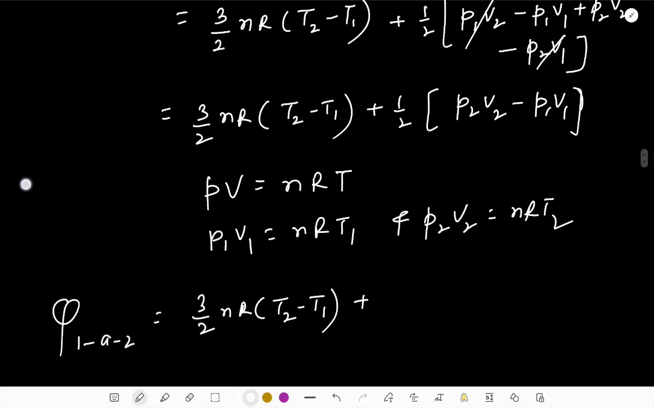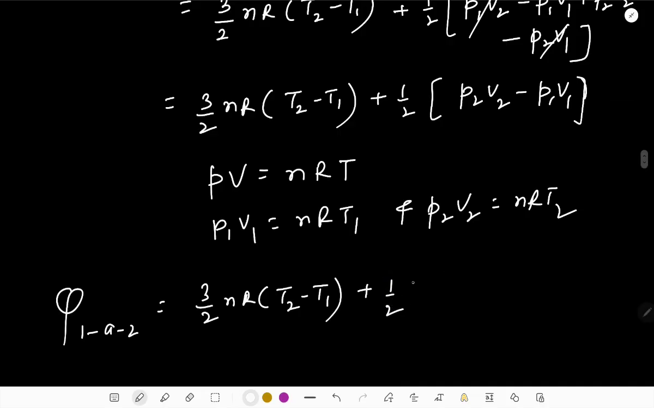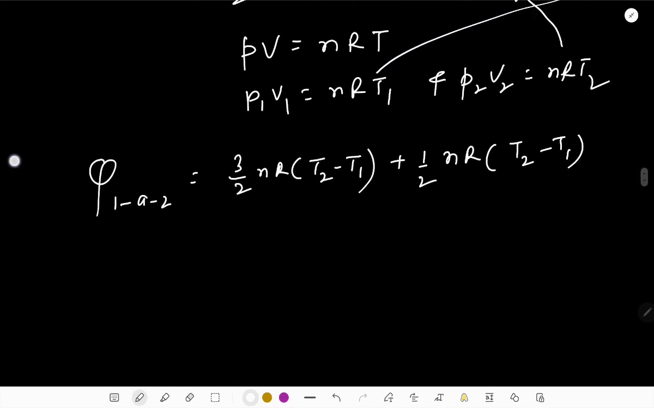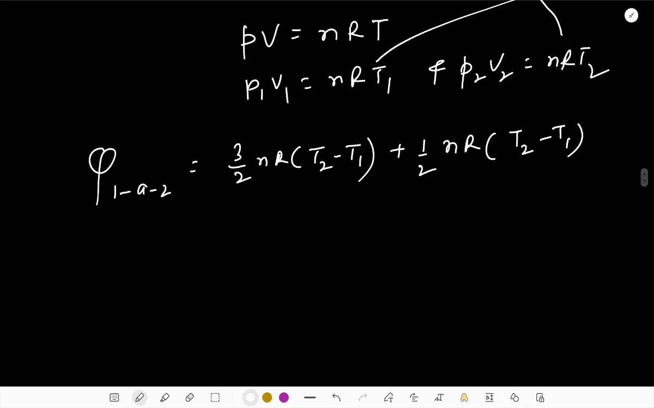No, I didn't miss anything. So plus half nR(T2 minus T1). I place P2V2 with nRT2 and P1V1 with nRT1, so I got the results like this. That means we can solve them together, and 3 by 2 plus half is 2, so I can write the final result for the process 1 to 2 as 2nR